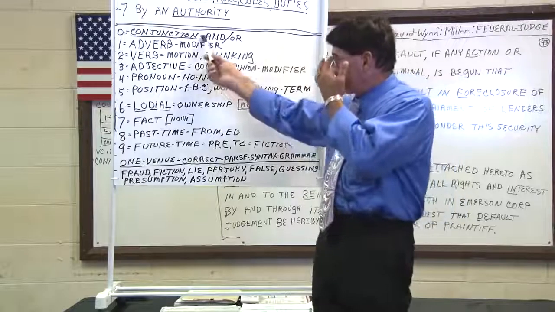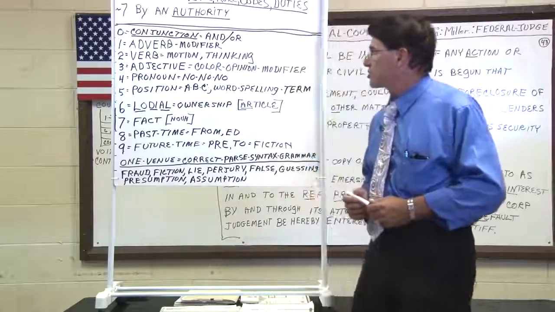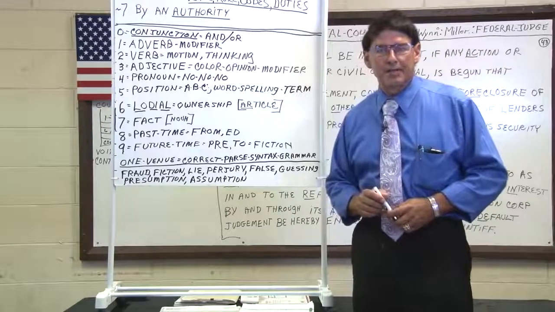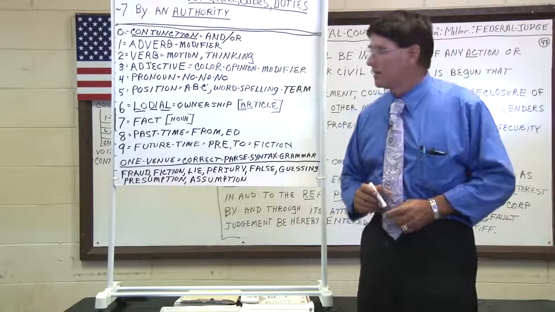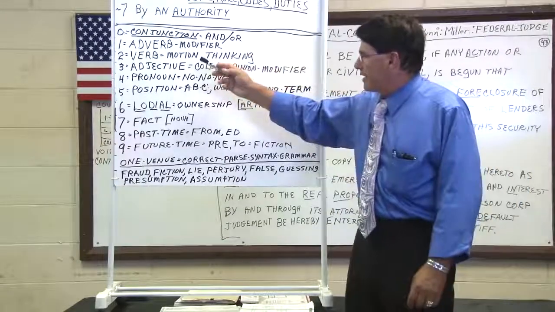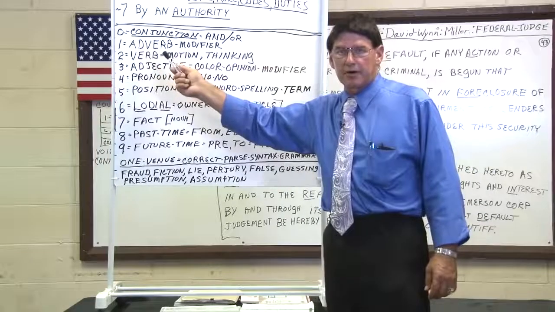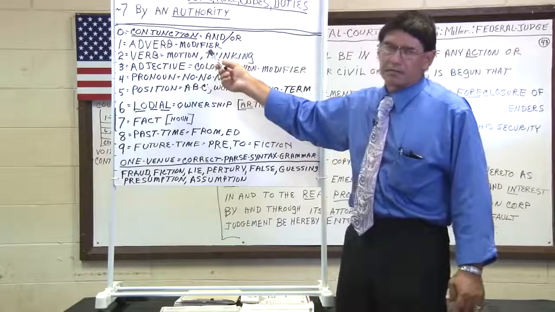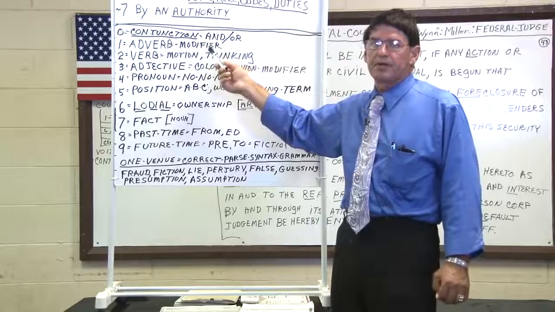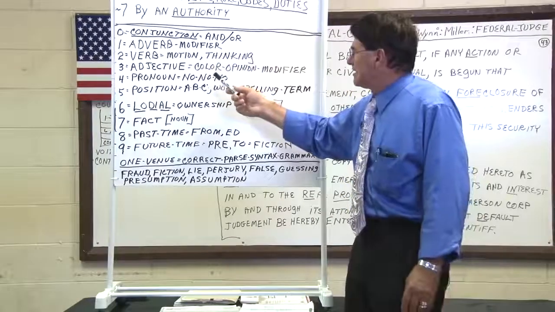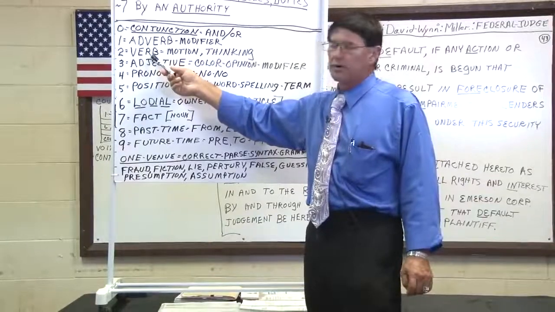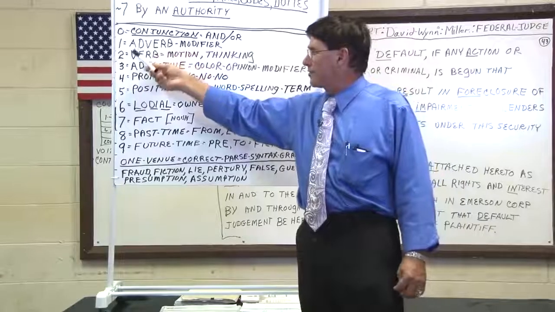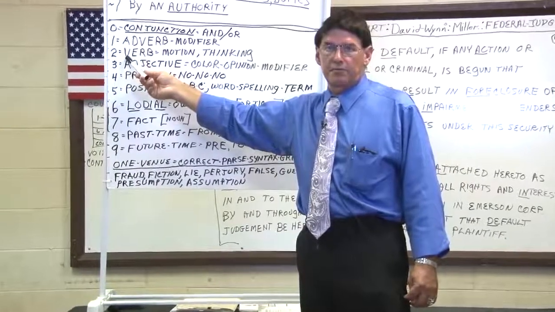Now we use 0 as a conjunction, and there's 2 conjunctions in the English language. And is a command, and the word or is an option. Now the adverb, we gave a 1 because the adverb is used more than any other word, and the adverb is a modifier. It modifies the speed at which something is going to be modified. Now the adverb will modify a verb, which is thinking or motion. So when you have a 1 in front of a 2, it's an adverb creating a verb.